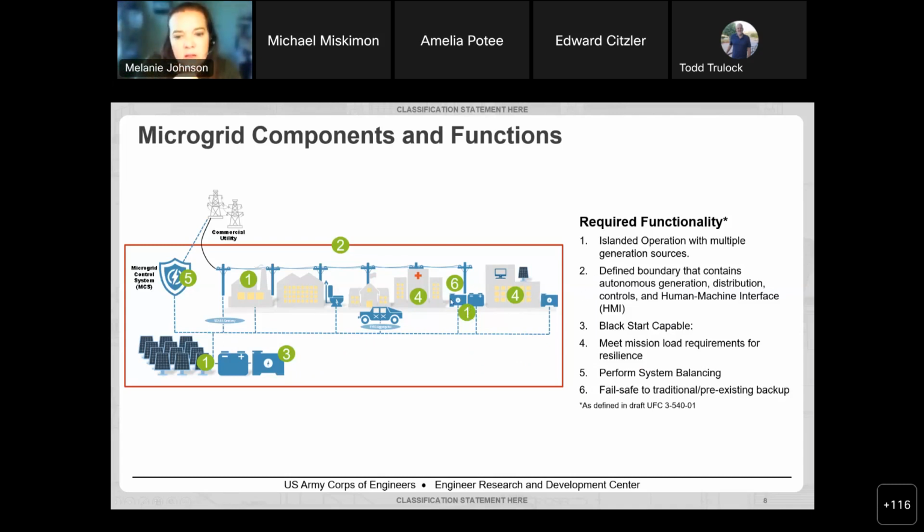So you'll see there's a battery and a generator here. There's a central utility plant here, and now we have some large-scale renewable energy storage and generation out here. The UFC